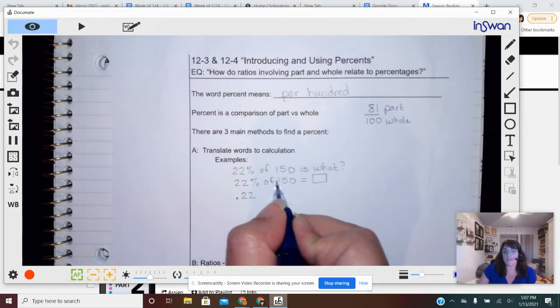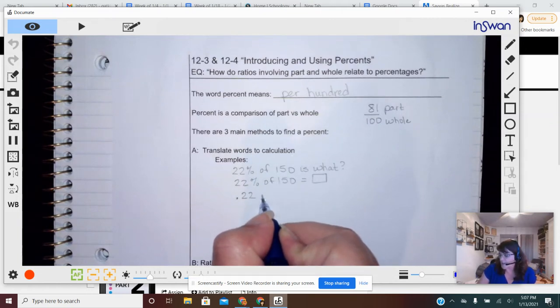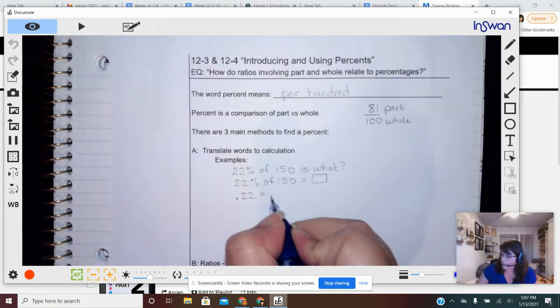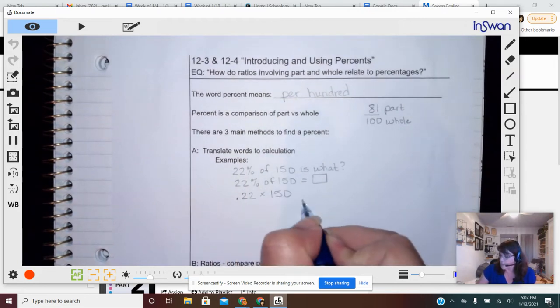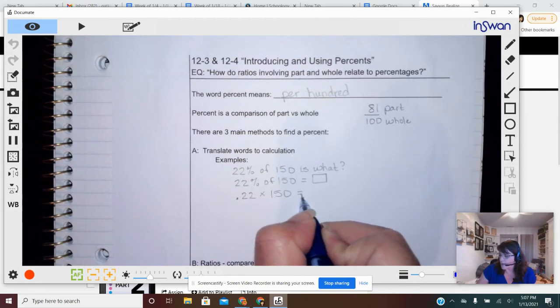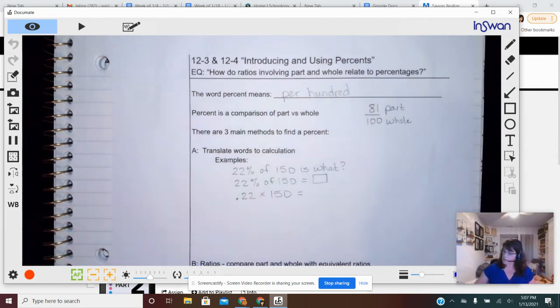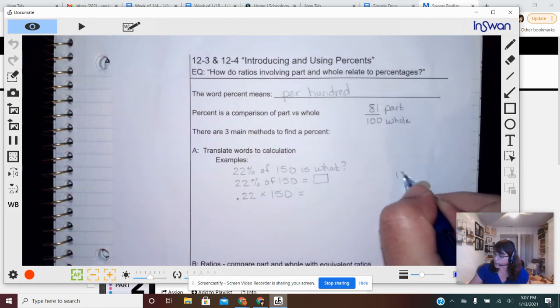Of, most of the time when you see of in a math sentence, it means multiply. 150 equals, and you can just go right over here and go